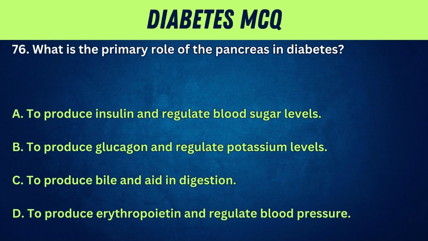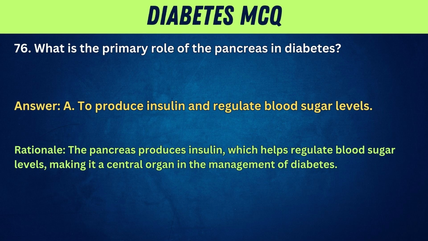76. What is the primary role of the pancreas in diabetes? A. To produce insulin and regulate blood sugar levels. B. To produce glucagon and regulate potassium levels. C. To produce bile and aid in digestion. D. To produce erythropoietin and regulate blood pressure. Answer: A. To produce insulin and regulate blood sugar levels. Rationale: the pancreas produces insulin, which helps regulate blood sugar levels, making it a central organ in the management of